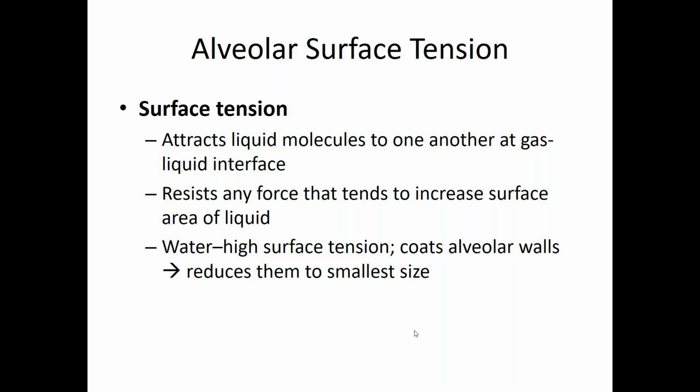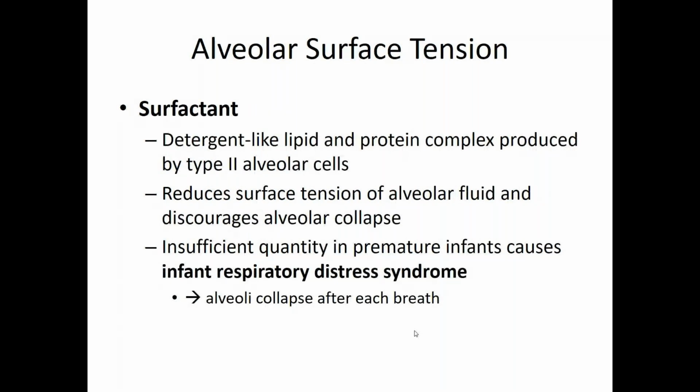And so the way that we're going to resist this is with those type 2 cells, the ones that are out there secreting surfactant. And again, that's just a sort of fatty, proteiny kind of thing, in the same fashion as, say, myelin would be. But it's there to break up that surface tension. It's there to hold water molecules apart so that their attractive forces are fairly weak and prevent this from